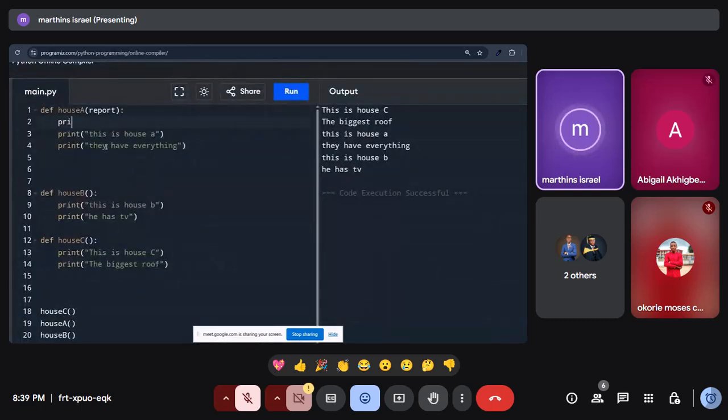So yeah, print report, right? Plus, if you did concatenation, plus the reporting to my boss. So now the argument, we have not yet passed the argument, remember? But this variable, we are calling this variable inside here and saying what? Whatever thing this guy reports as A, whatever this security man reports,